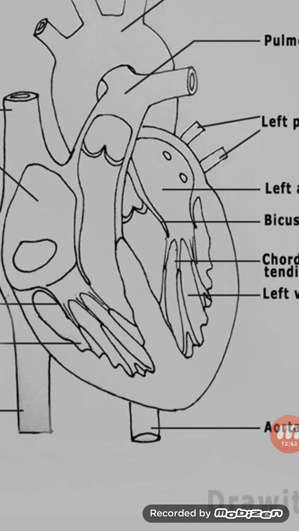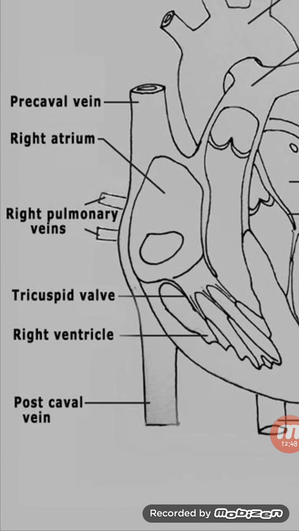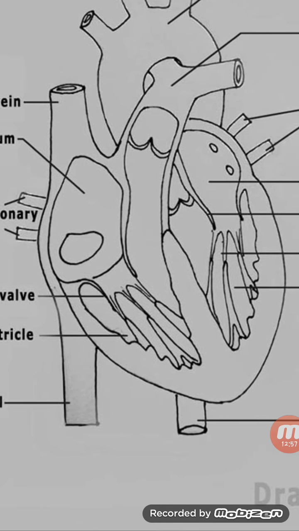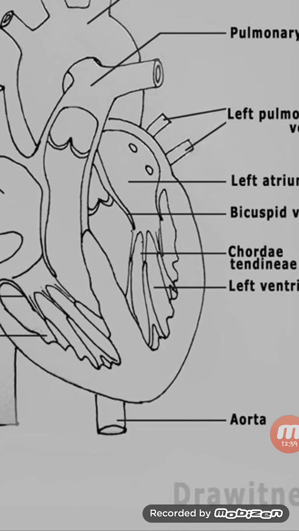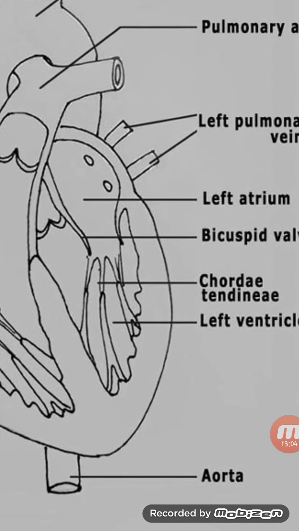See here, left ventricle wall is thicker than right ventricle. The inner surface of the ventricles is raised into muscular ridges called columnae carneae. Some of these ridges are large and conical and are called papillary muscles. See here,